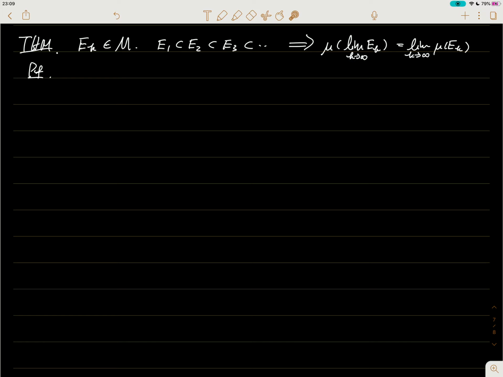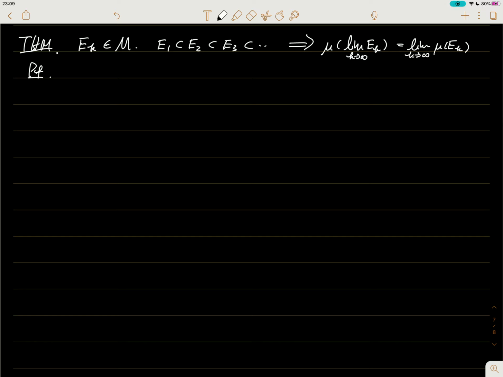So remember that the limit of this is just the union of the EKs, right? Because these sets are non-decreasing. So we know that this is also a measurable set. And what we're trying to show here is that the measure of this union is equal to the limit of the measures. Okay, so to prove this, we first